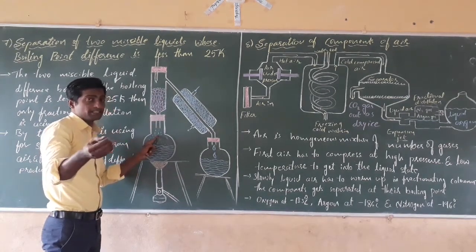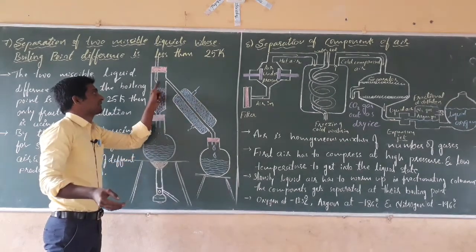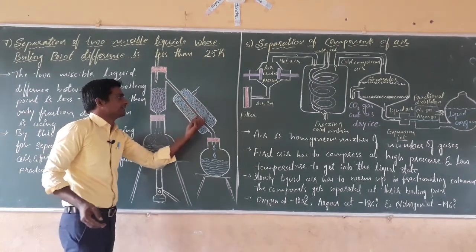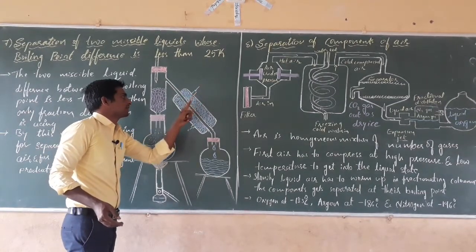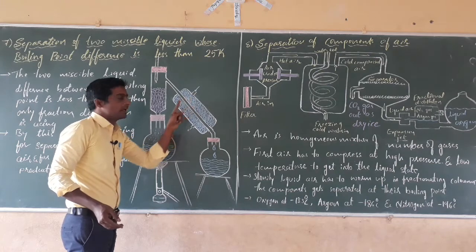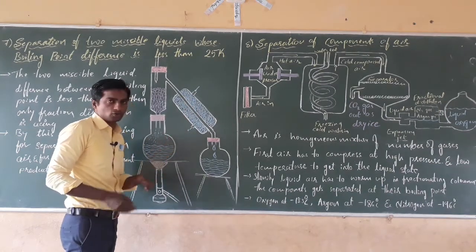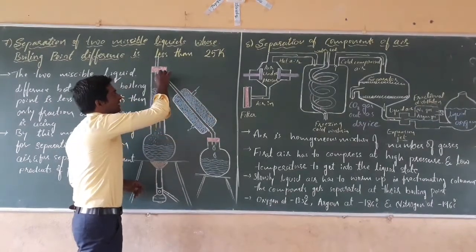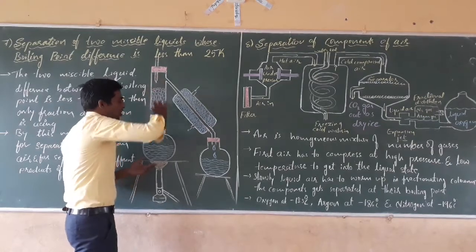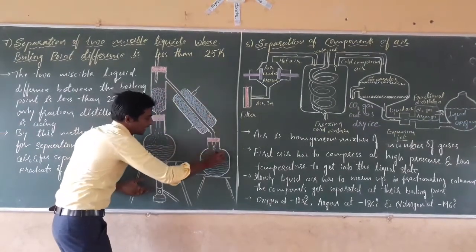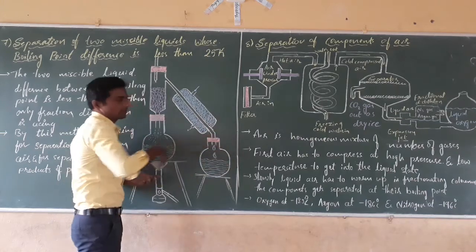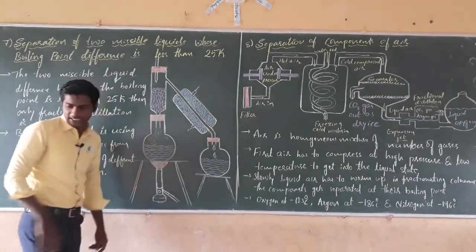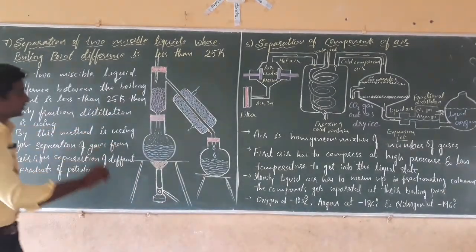Through this gap, the component with the slightly higher boiling point will pass and move through this side tube, which is fitted with a condenser, through which ice cold water is moving inside, and then moving out through an outlet. Then due to this cold, the gas that has passed through the fractionating column will be collected in a beaker or a round bottomed flask first. Again, on raising the temperature, the next component,